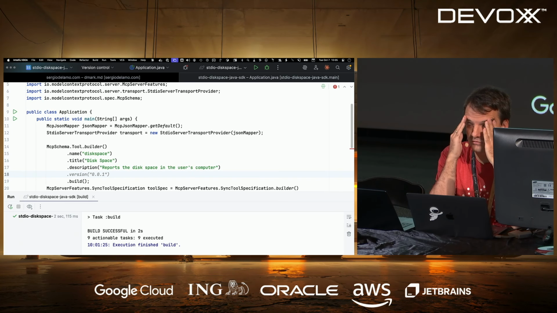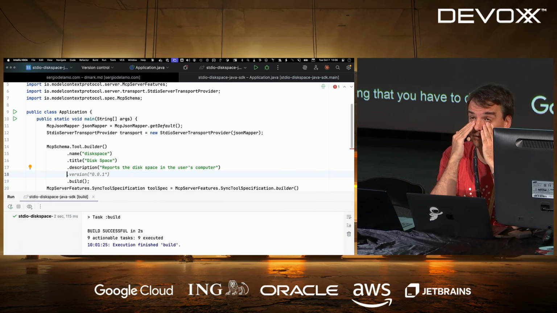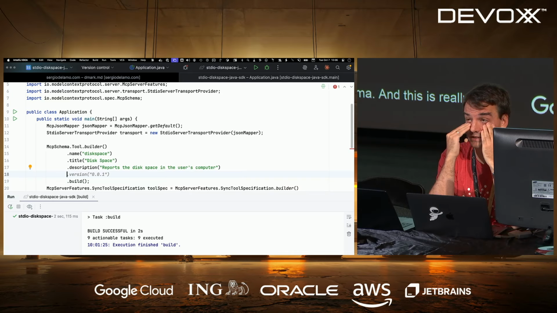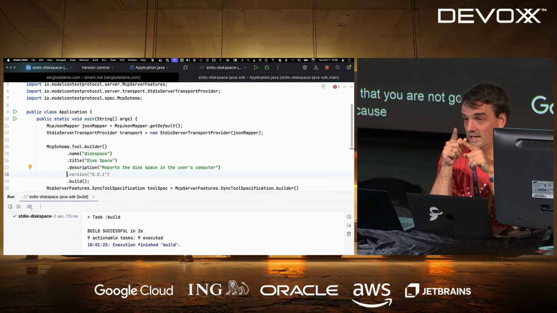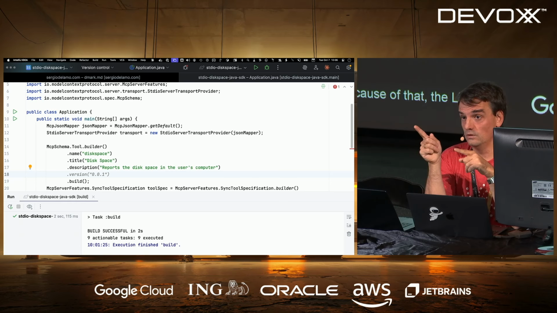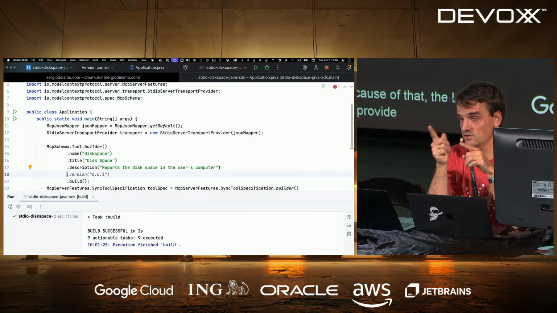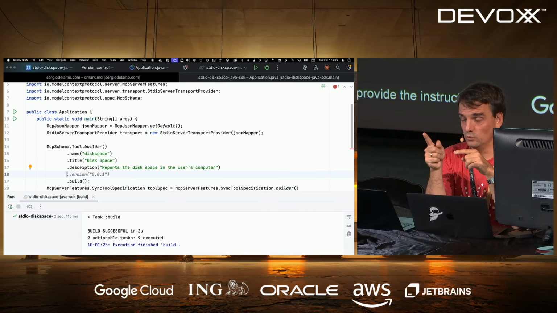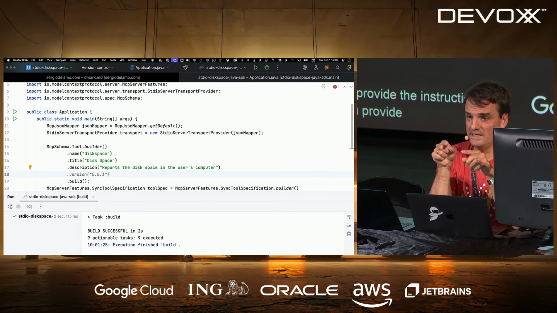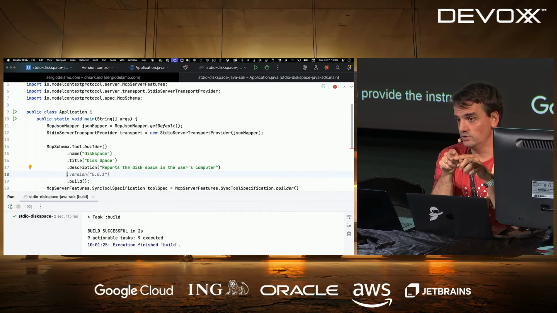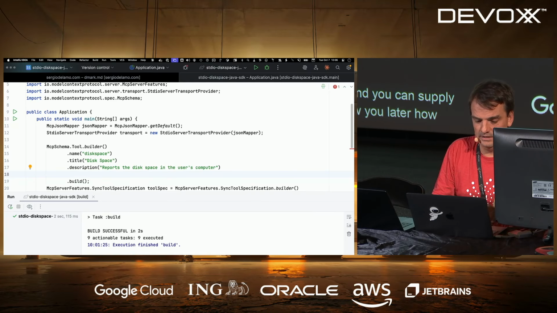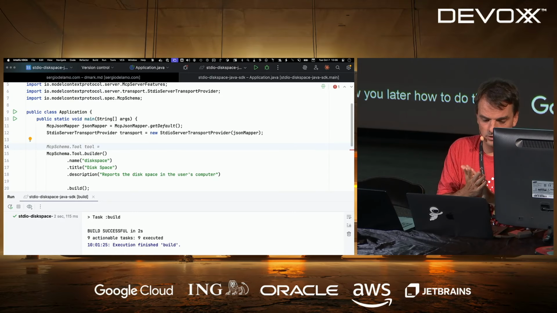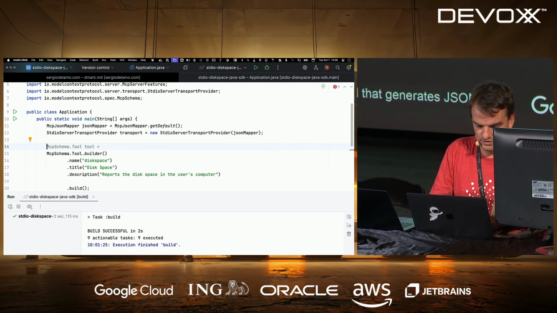And an important thing that you have to do when you define a tool is you define the input schema. And this is really important because what I was telling you before is that you are not going to call the tool. The LLM is going to call the tool. And because of that, the LLM needs to know how to call the tool. So you have to provide the instructions to the LLM how to invoke the tool. And the way you provide the instruction is by supplying a JSON schema of the tool input, and you can supply a JSON schema of the tool output. I'm going to show you later how to do this in a more elegant way. In Micronaut, we have a model that generates JSON schema at compilation time, but for this